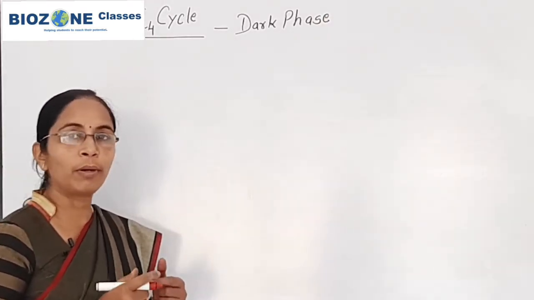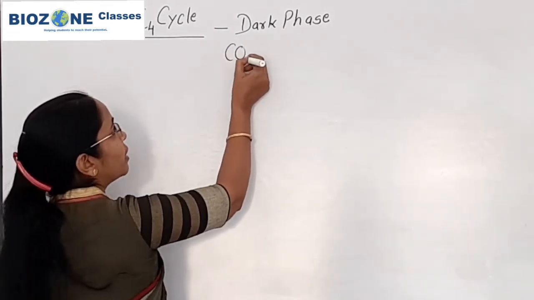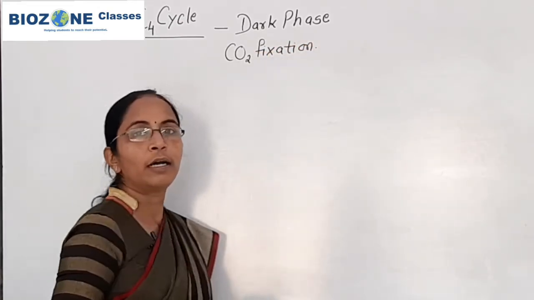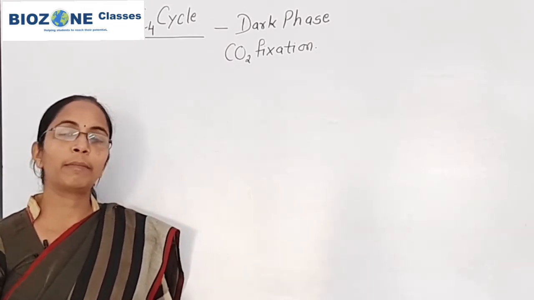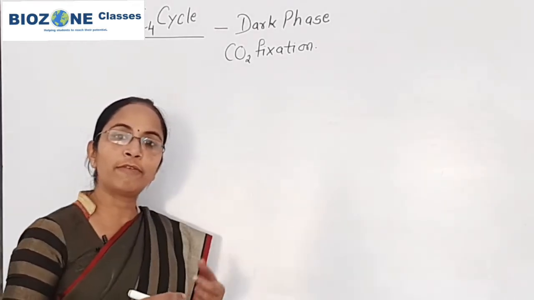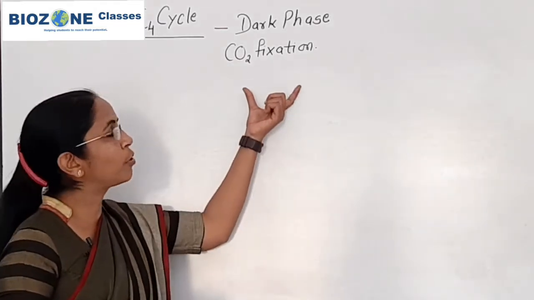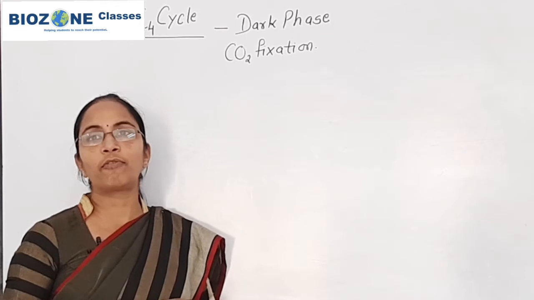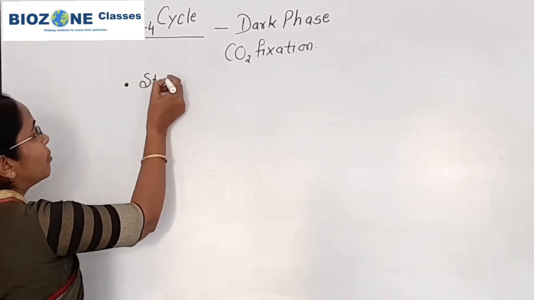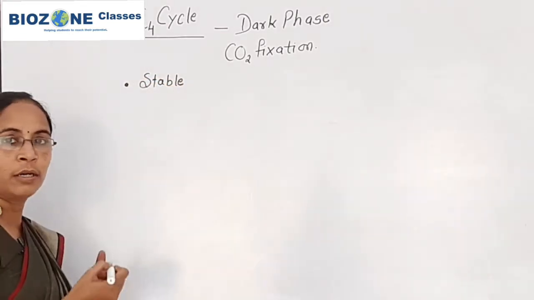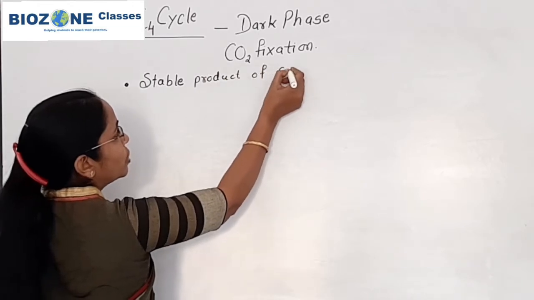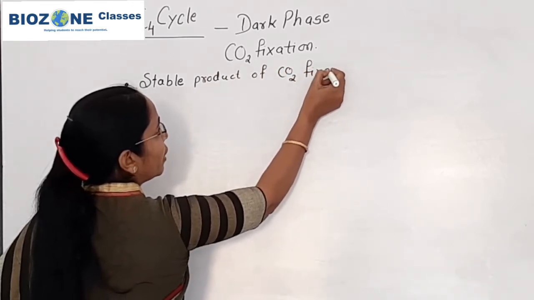During the dark phase, we commonly say carbon dioxide fixation takes place, and this fixation of carbon dioxide takes place either by a 3 carbon compound or by a 4 carbon compound. As today we discuss the C4 cycle, that means the stable product of CO2 fixation. So here you remember that the C4 cycle means the path of carbon dioxide fixation where the stable product of CO2 fixation is